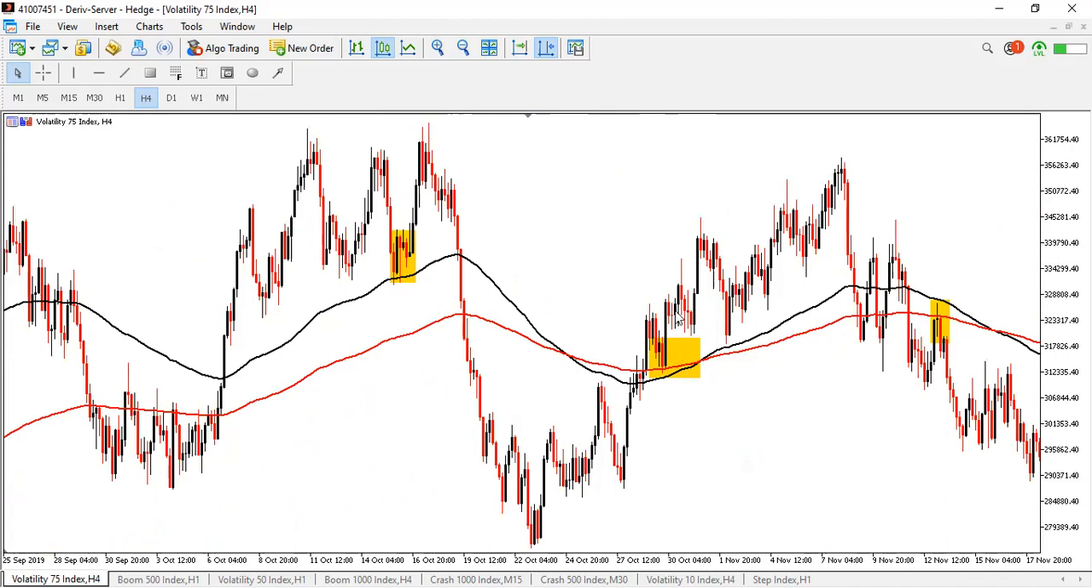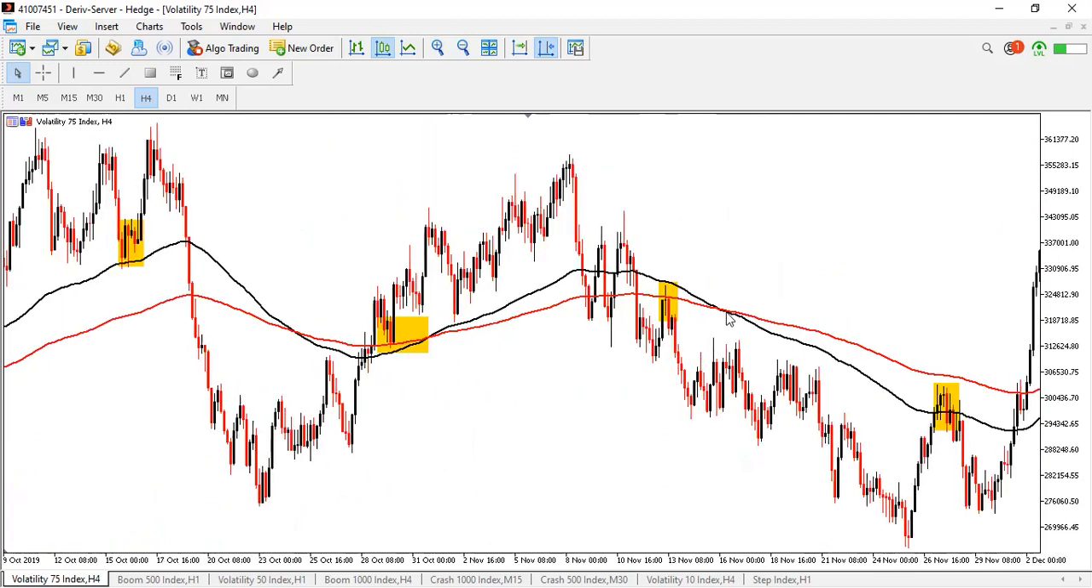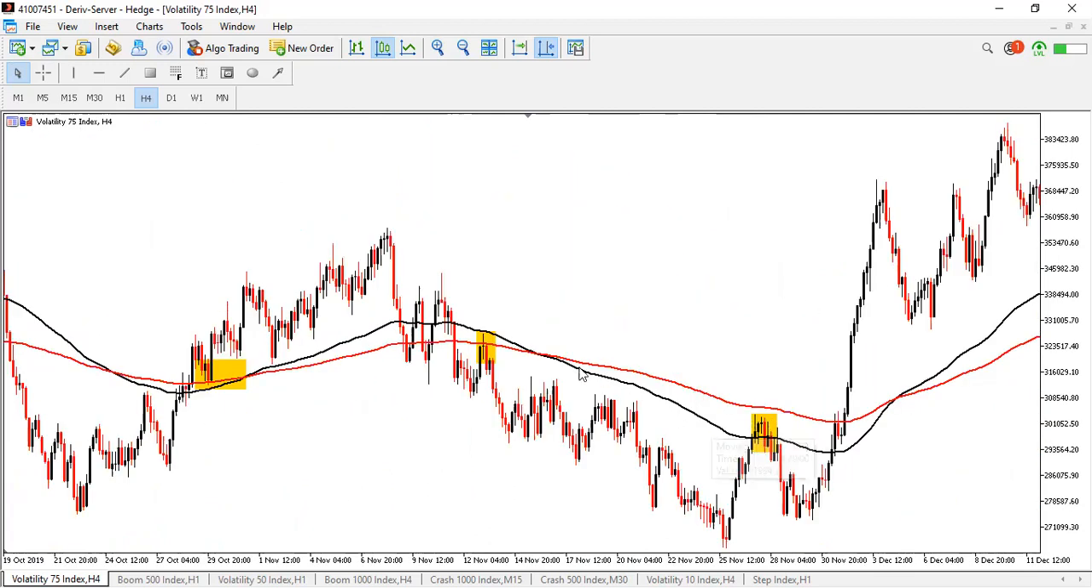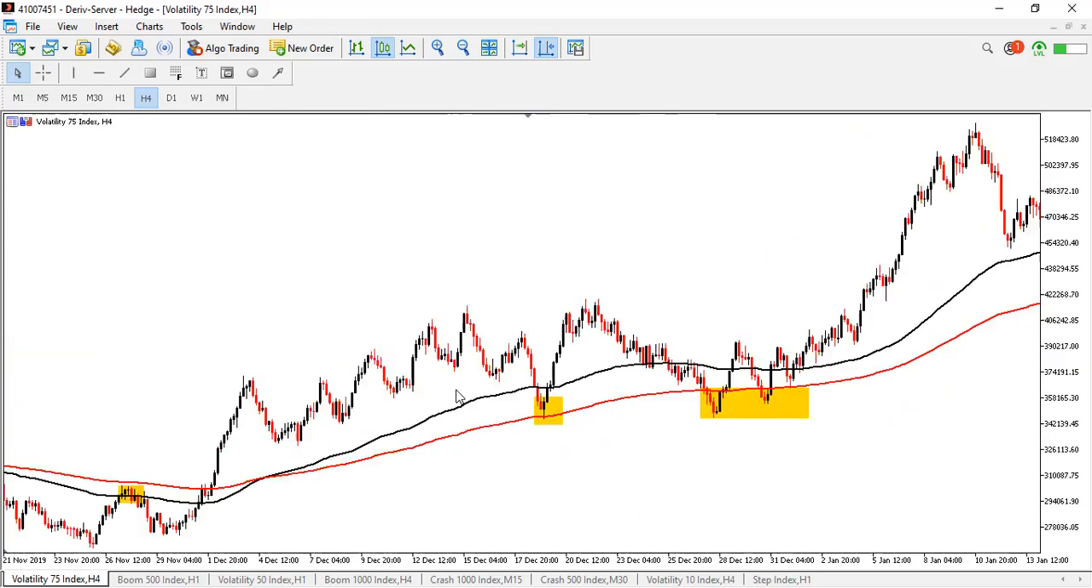Again, here there is a bullish engulfing pattern. You can see here there's also another reversal pattern, evening star. Here as well. There and there. There are a lot of patterns, guys, in the market. I just wanted to show you as much as possible and how you can use the moving averages,